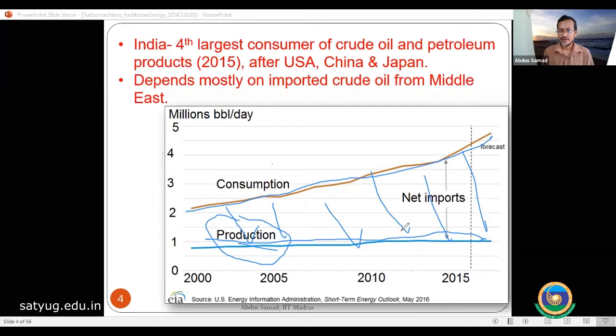So we have to move away, or we have to look at other options. For example, nuclear options. But still you have the question whether you can use nuclear safely. You know the Chernobyl accident, or you know Fukushima, around 10 years back in Japan, there was a tsunami, and there was a very huge problem at the nuclear power plant in that area. So there are restrictions on using nuclear power plants. Even France and other countries, they already have a huge amount of nuclear sources, but they don't want to increase further. So people are focusing more on renewable-based energy.